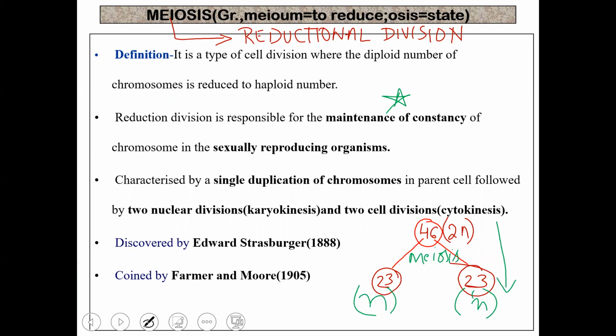And it is the most important type of division because it leads to variations, and variation leads to evolution. So when the chromosomes are passed on from one generation to another, that is from the parental generation to the offspring generation,